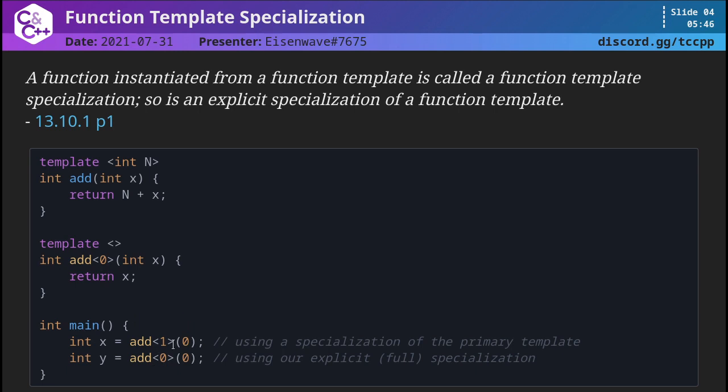So here we make use of this at the bottom, right? So add of 0 onto 0. This would be making use of this explicit specialization that we've provided. And we also have this base template, this primary template, which is then going to be used for everything else. And now I hope that you have a bit of an understanding of how explicit specializations work,